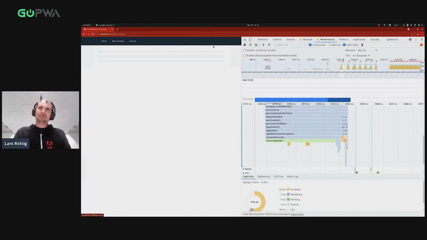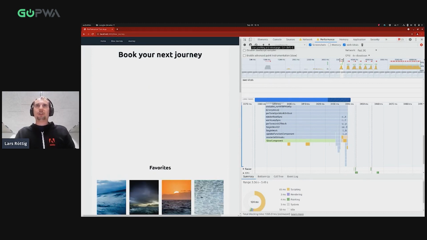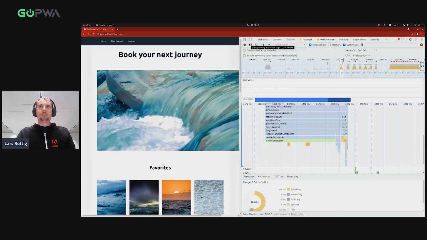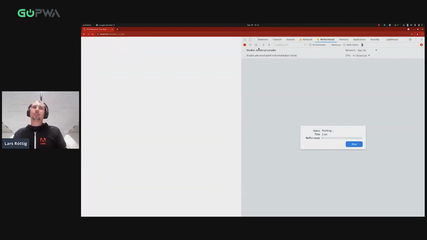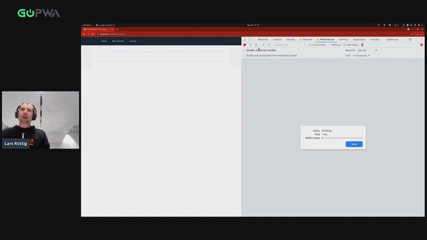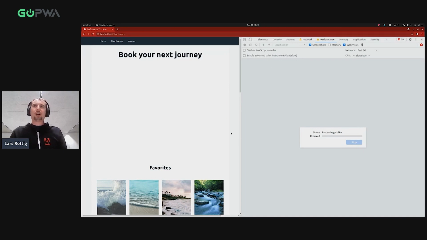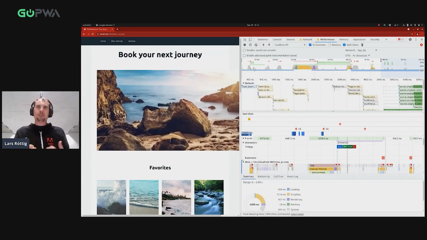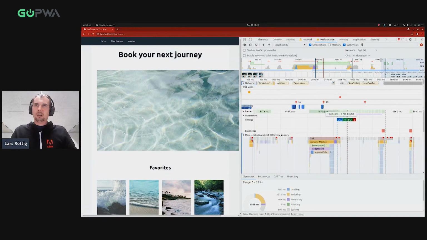Okay, still the same site, but different. So what we have here, oh man, this site is slow. Now what I would like to use is start profiling and reload the page. And I go here to force slowdown, so as not to affect what you see in what happened in the background. If you take a look at how the elements are jumping on this site, you will already guess what happened here. The network tab is not so important, but